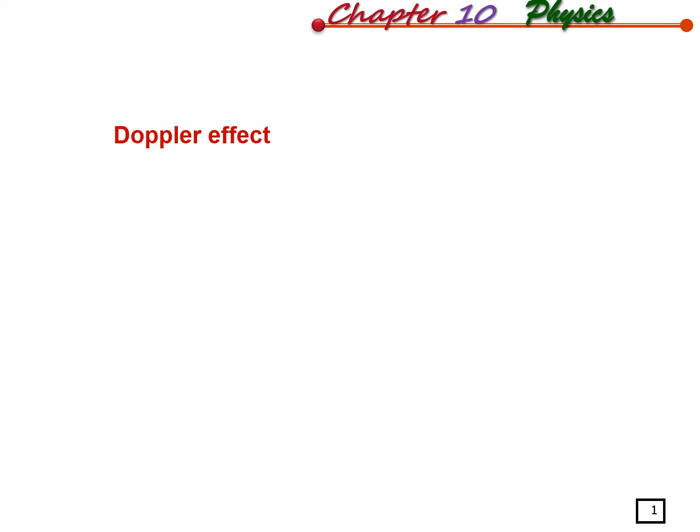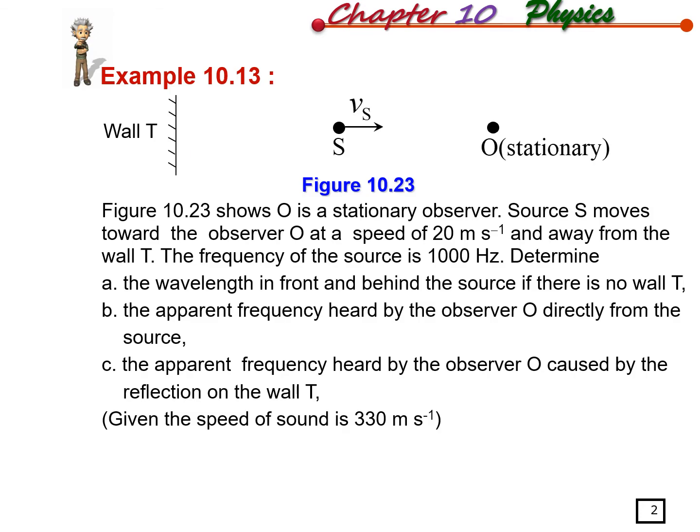Okay, so the final subtopic will be on Doppler's effect. Let us look into example 10.13. In example 10.13, you have figure 10.23, which shows O is a stationary observer, and then source S